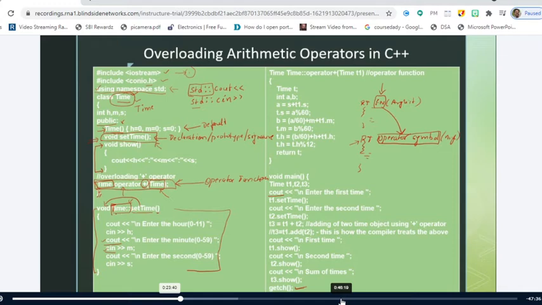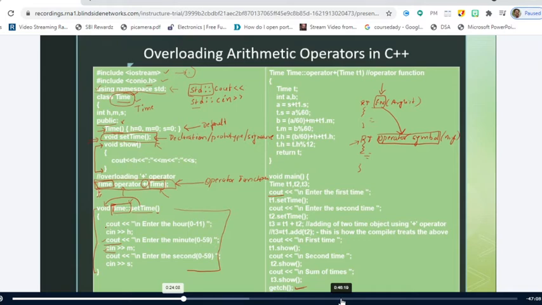So when I write like this, the class name followed by the scope resolution operator, the compiler will come to know that the set time is a function that is declared inside the class Time, right? So this is how the information is given to the compiler, right? So this set time belongs to the Time class, is given by this Time followed by scope resolution. Right? So forget about what he is doing in this particular logic.